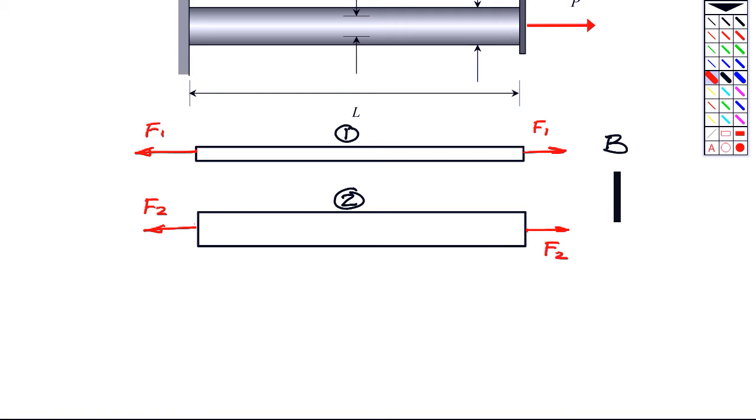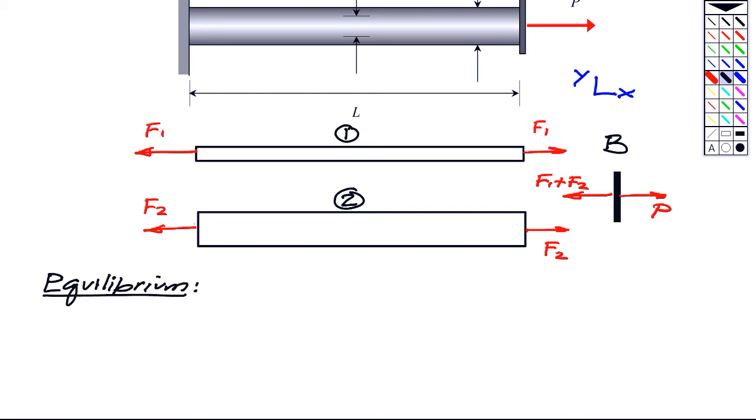And so since both the rod and the tube are welded to that connector there at B, these two forces add together, F1 and F2. And then, of course, we have our applied force there of P. I'm going to use X to the right as positive, so that whenever I write down my equilibrium equations, one of them is going to be for the connector there